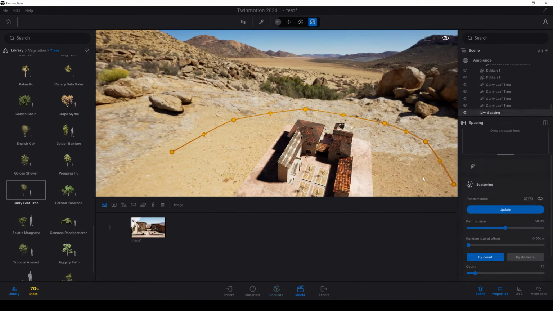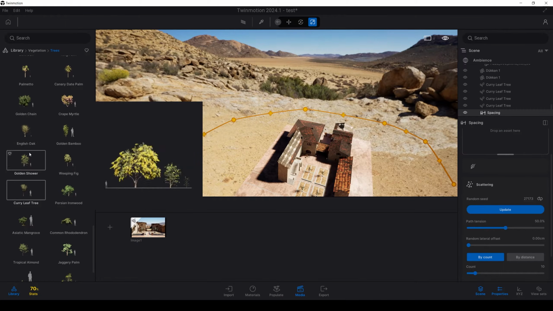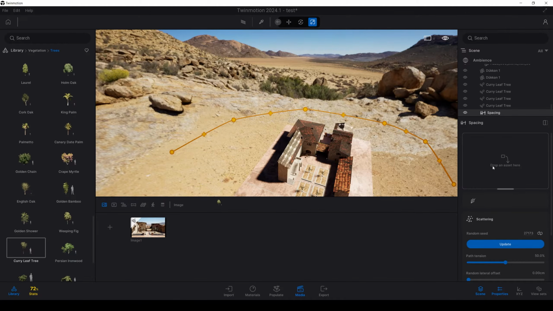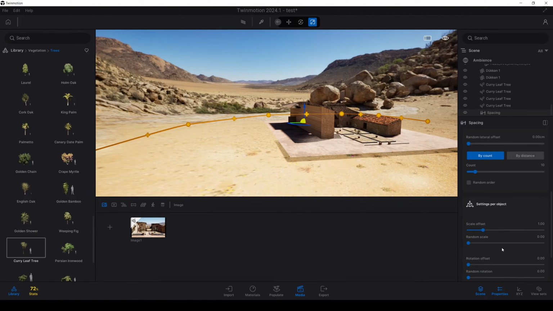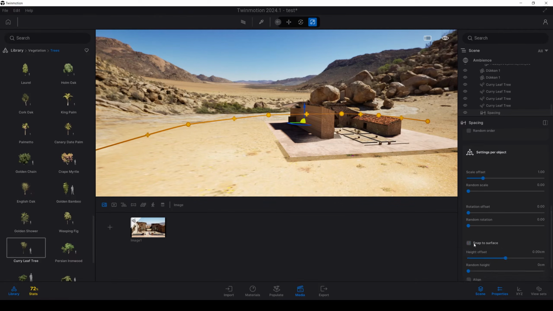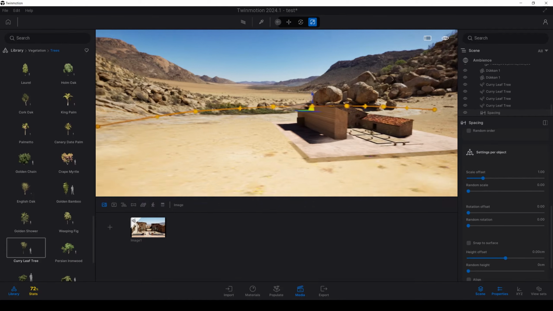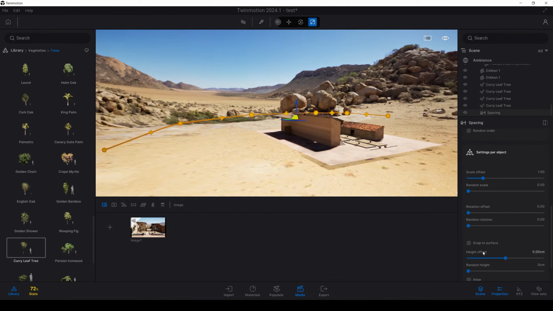Once we are done, we are going to select a tree from the left. For instance, this curry leaf tree maybe, or maybe this weeping fig. After that, we are going to select the tree, and it must be visible right now, but it's not working, as you can see, because it needs a ground to place, but we don't have a ground, we only have